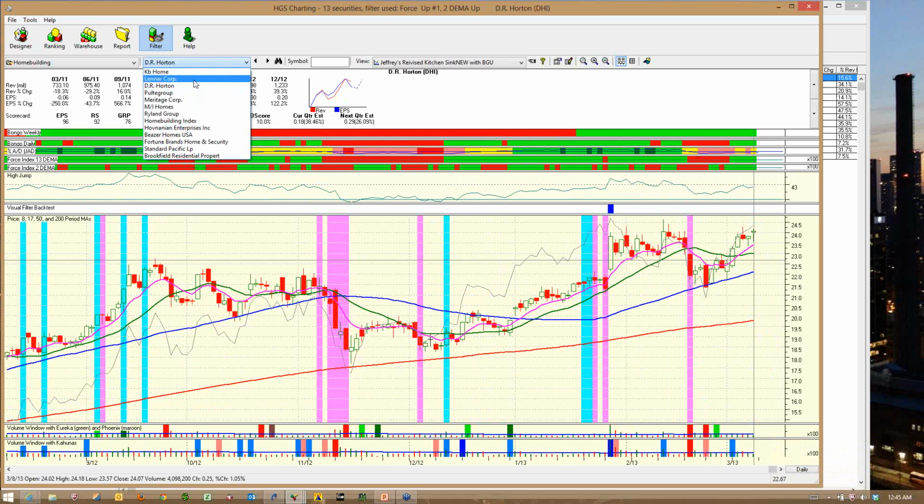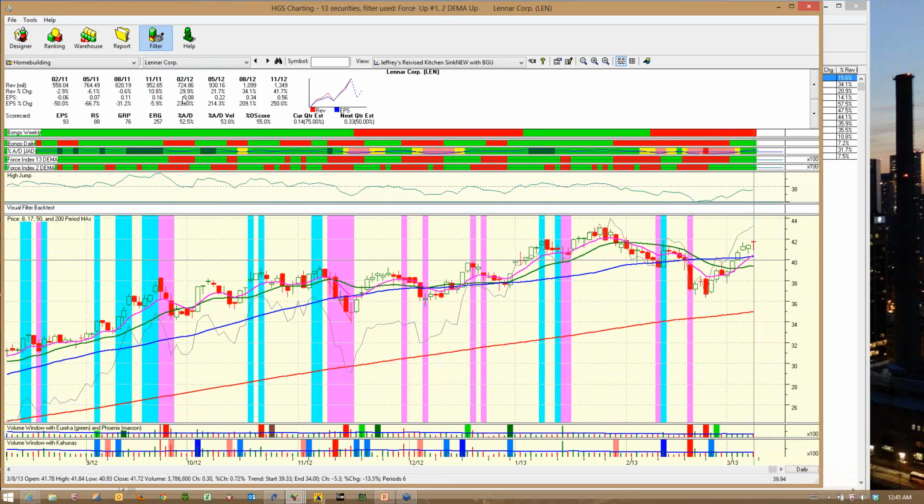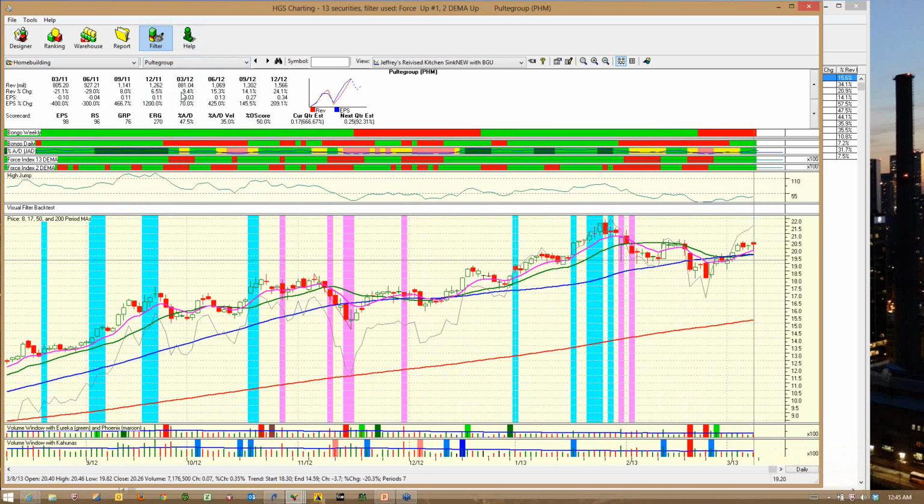And the ones that were running, Lennar and Pulte, a little bit deeper pullbacks, undercutting the 50, but got above the 50 on Lennar. And Pulte Home pull back to the 50 basing, still lots of earnings power. I still think these